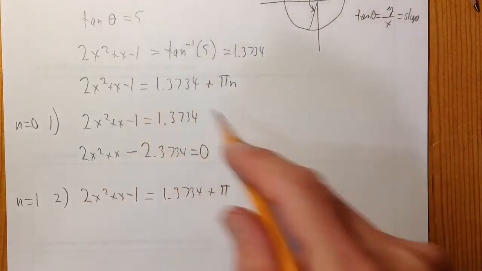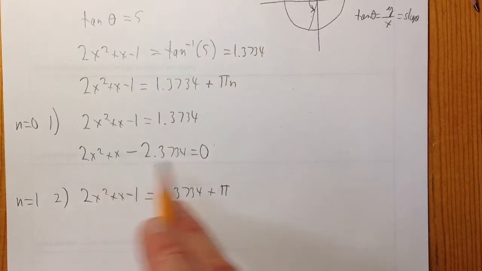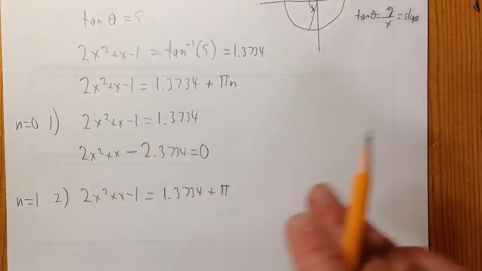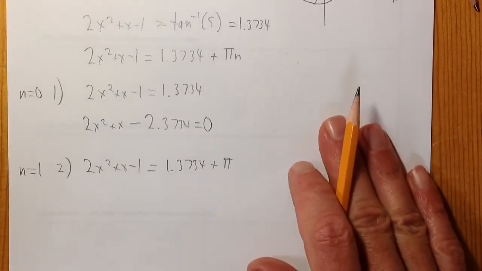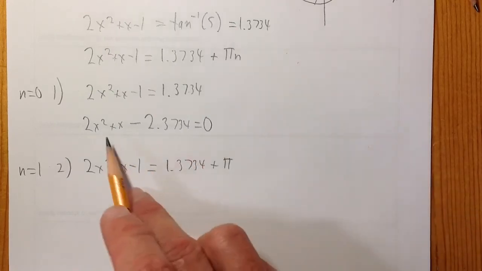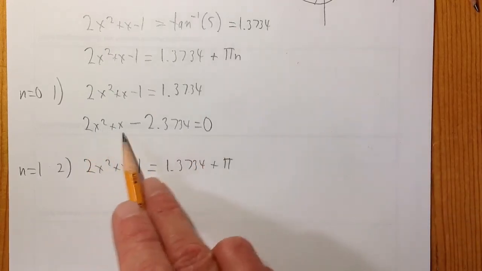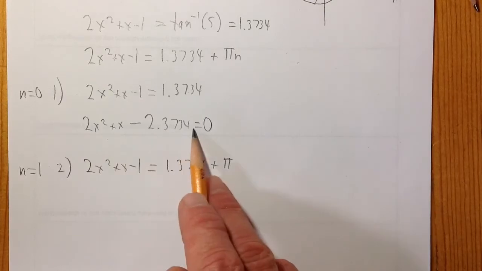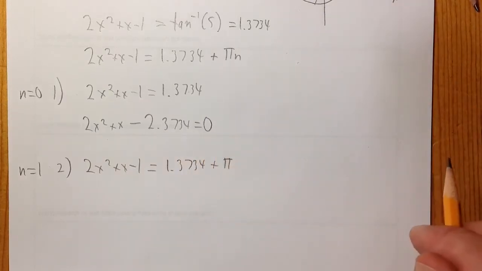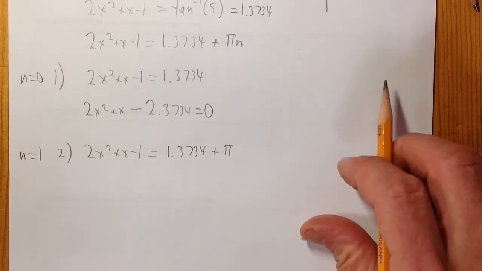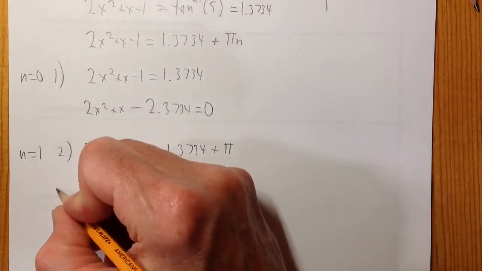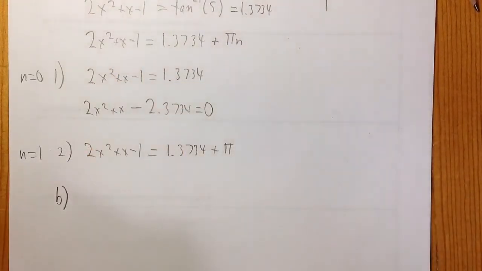Okay, I will let you figure those out on your own. Just the quadratic formula, you can use a computer quadratic formula. You know, there's lots online. Just plug in a equals 2, b equals 1, c is negative 2.3734. It gives the answers right away. That's fine. It's seeing how the trigonometry works. That's important here. Okay, part B is also just a